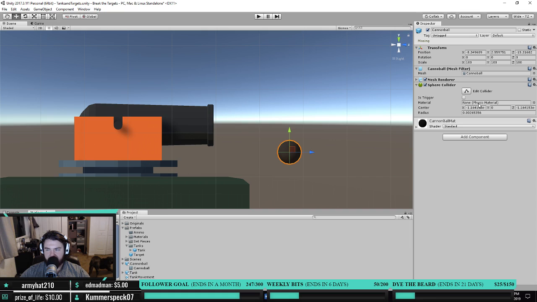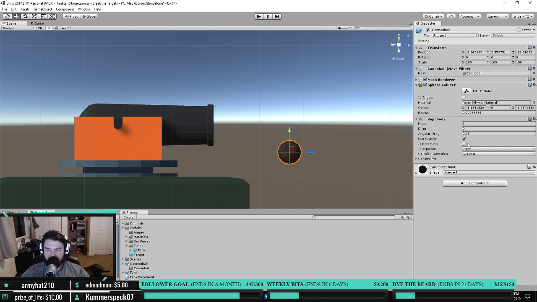Great, perfect, done. All right, and then what we're also going to add is a rigid body. Now, rigid bodies handle physics. So I just want this Cannonball to be able to move things around. So we'll put its weight. This is in kilos, and cannonballs weigh roughly 6 pounds. So we'll go 2.5. Its mass is 2.5. It's going to use gravity. It's not kinematic, so it'll be fine. But now that we have a sphere collider on it and a rigid body, now